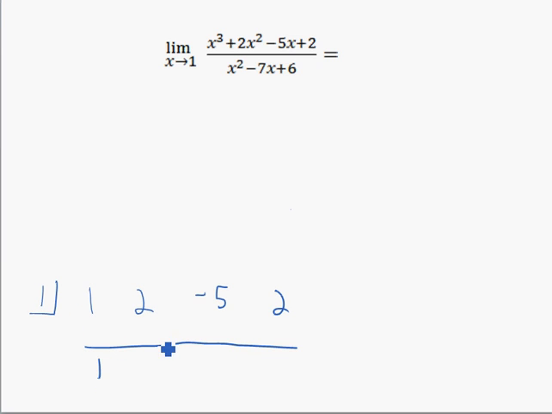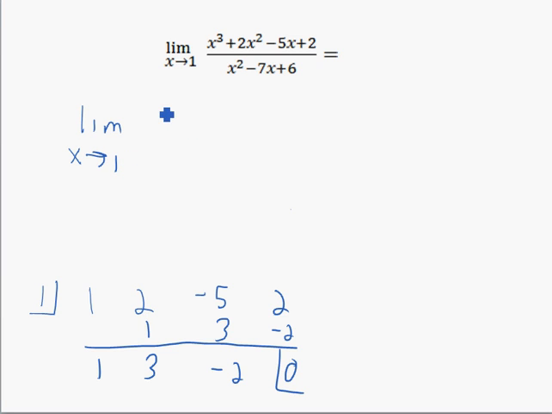1 times 1 is 1. Add these up. That's 3. 3 times 1 is 3. Negative 5 plus 3. That's negative 2. Negative 2 times 1. That is negative 2. Add those up. 0. So the top factors into, so the limit's still out front here, and the top is